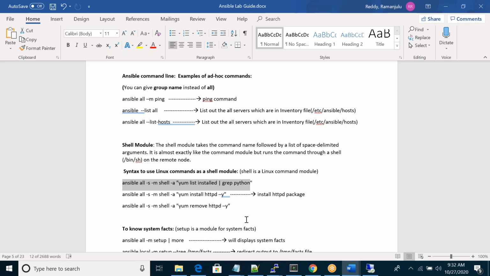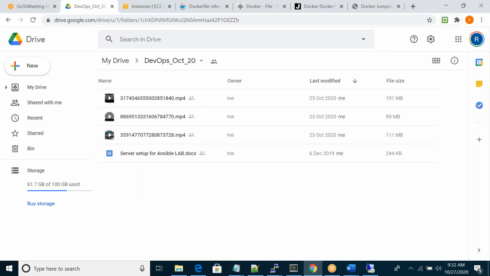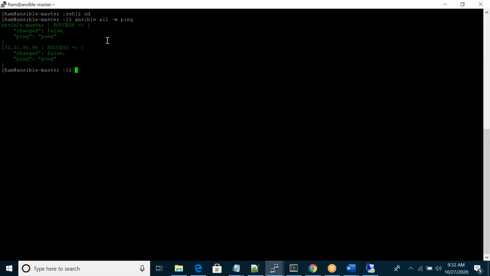With the commands you are showing, in the Ansible server you are using this command, but the rest are Unix commands, right? Yes, this is an Ansible command.